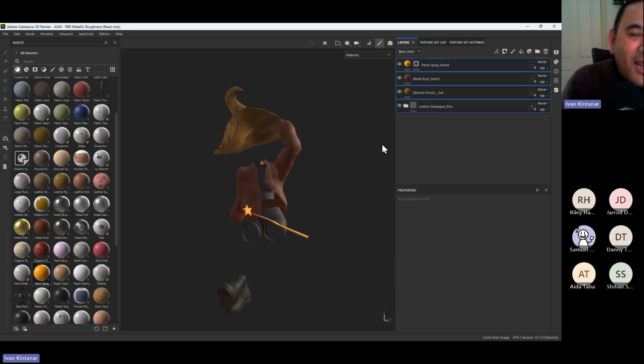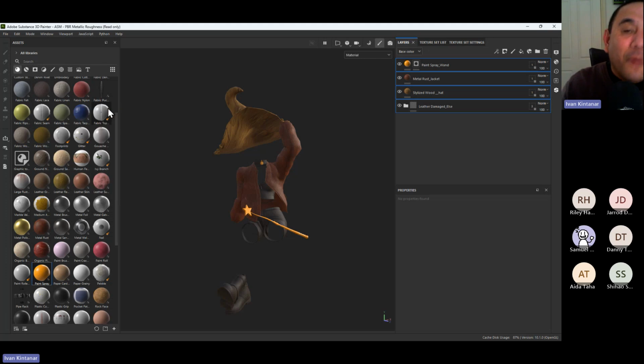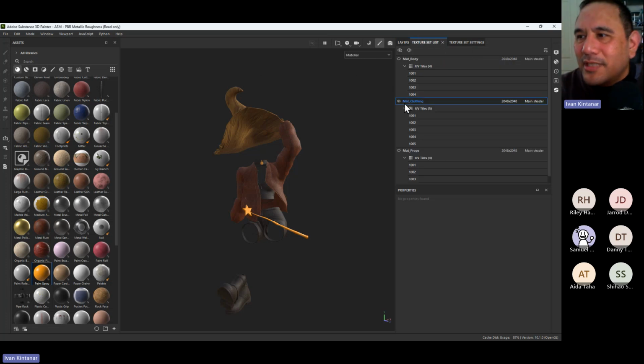Again, relatively straightforward. The issue is if you just rely on the materials you have inside Substance Painter, then you won't really get a lot. You can combine different materials if you want, but you might end up creating your own material. Just checking if this UDIM process is relatively clear for everyone. Let me just do it one more time. Similar stuff, let's have a look at